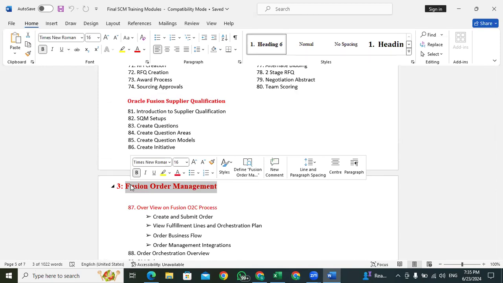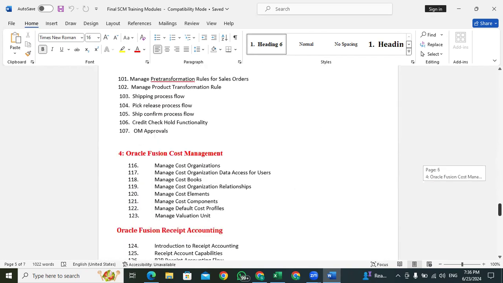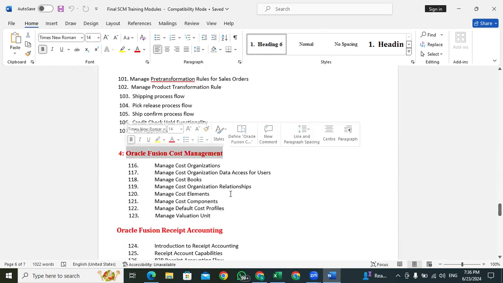Because purchasing activities, sales order activities, and inventory and warehouse activities are always going on in any enterprise. Manufacturing and supply and planning come separately, but these three modules are the core modules in supply chain management. These are the three modules we are going to focus on, as well as cost management, and